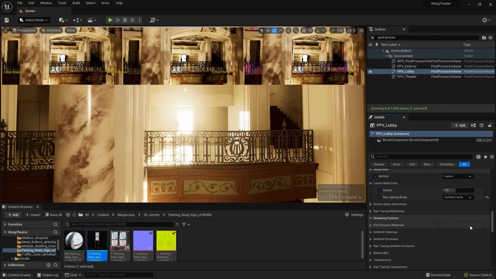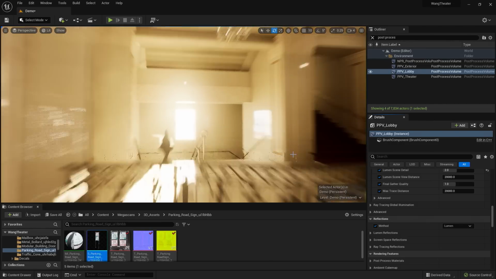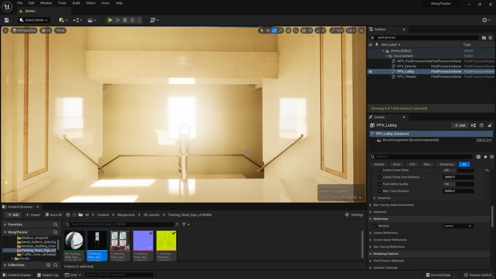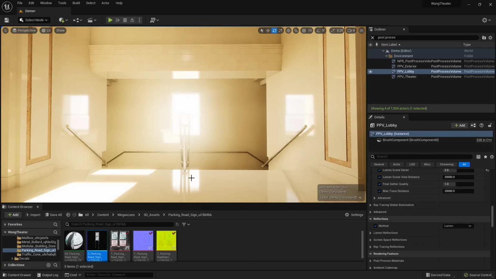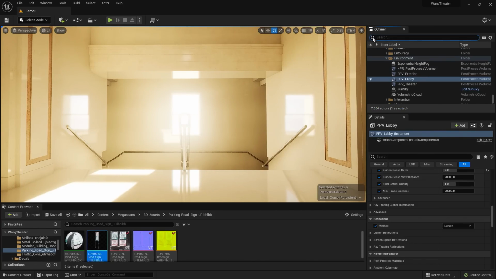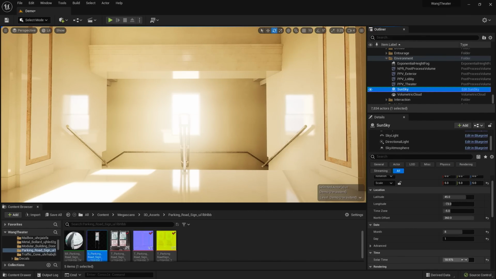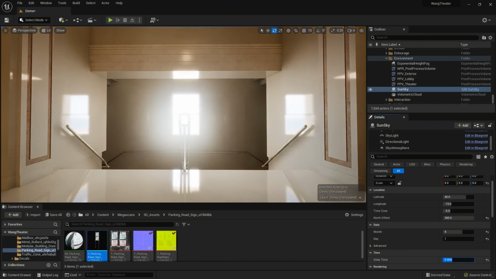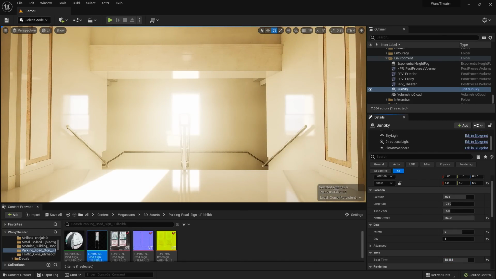Now underneath reflections, you'll see that if I wanted to, I could switch up some of the reflection options here. For now, I'm going to keep everything as Lumen. Now, in order to take a look at what Lumen's doing within our scene, I'm going to go back to the Lit mode here. I'll zoom back into the project here. And let's take a look at this sun and how it bounces throughout this space. I'm going to go back up to my outliner, go to my sun sky, and I'm going to play around with a few of the numbers here and see how it's populating throughout this space. So you'll see how that light coming into the space is really bouncing around and increasing the indirect lighting here.